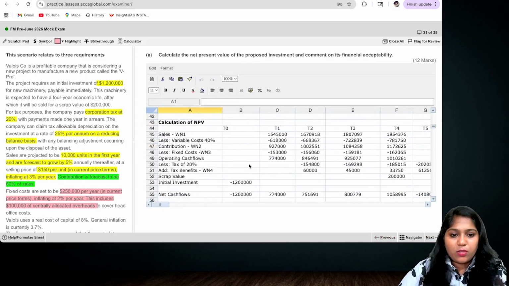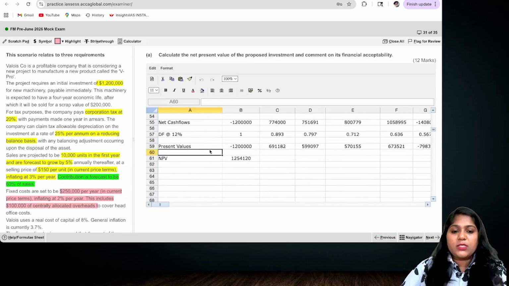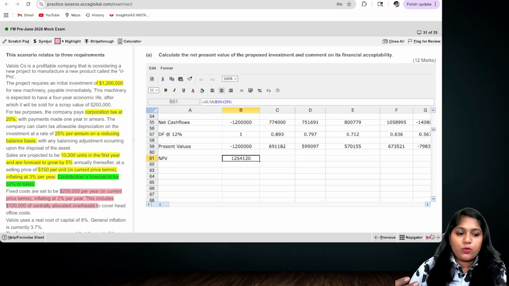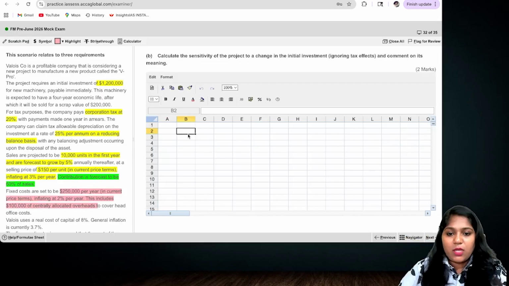I know the present value of the project is 1.2 million and NPV is 1254120. So take only these values. How do we calculate the sensitivity analysis of the project? The sensitivity analysis of the project is calculated using the formula